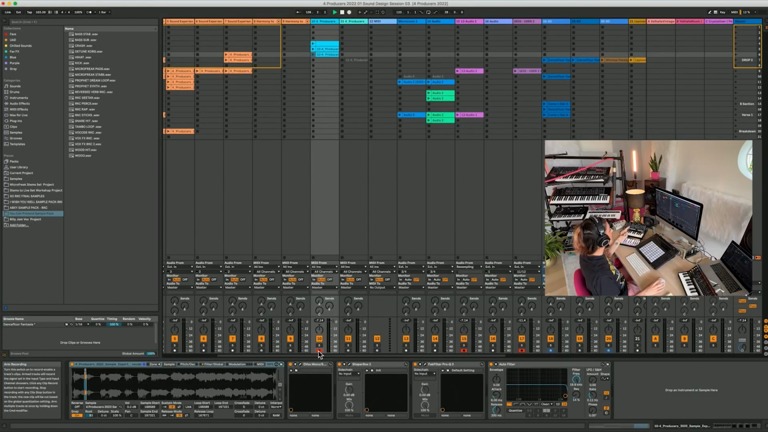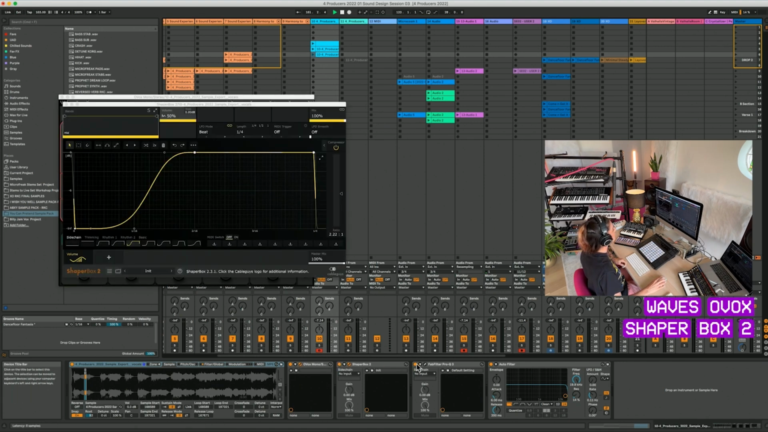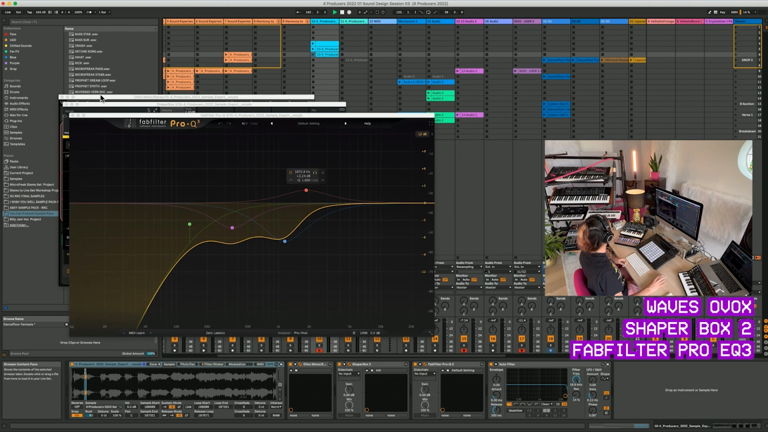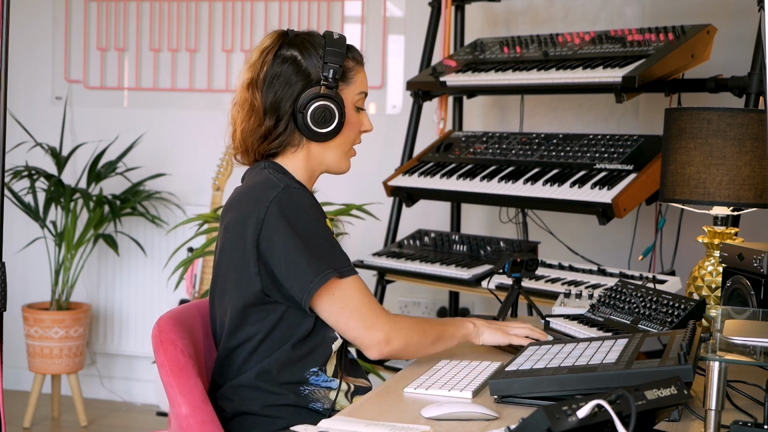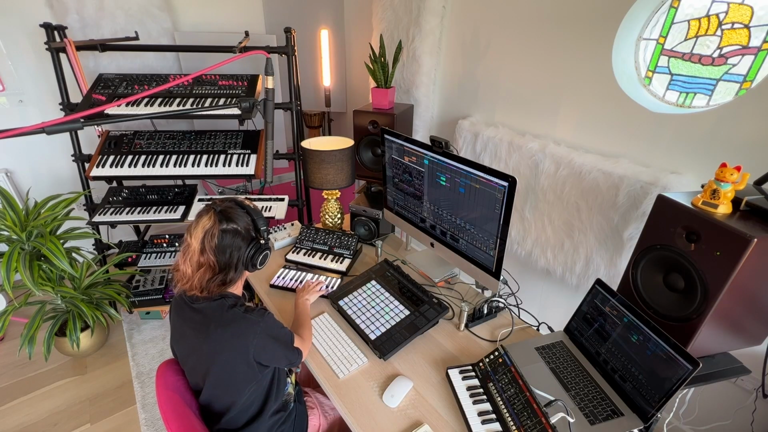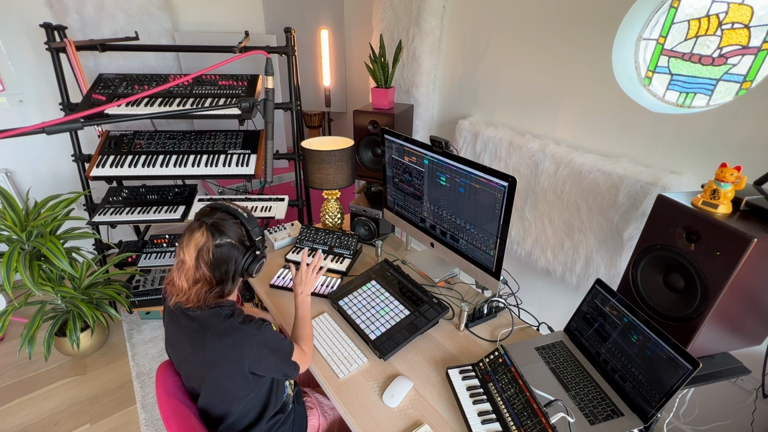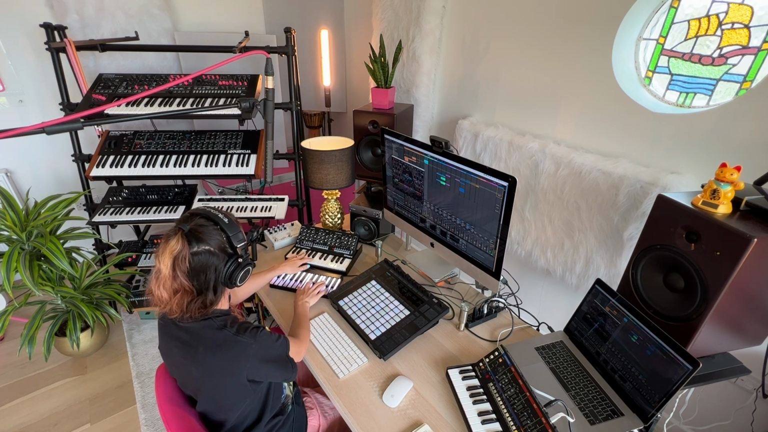Continuing on my quest to make as many textures as possible from the sample, I then jumped in with Ableton Sampler using a little bit of Ovox, ShaperBox 2, a little bit of EQ. I made a pretty cool pad from the vocal from the track, which sounded like this. And then with my reharmonization,